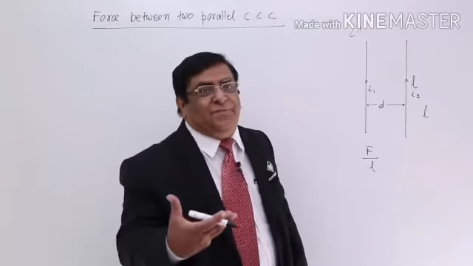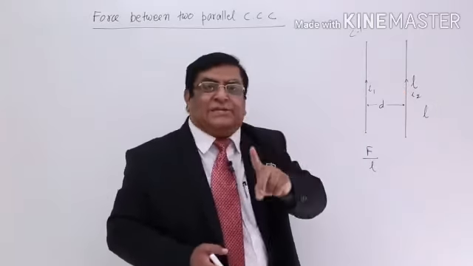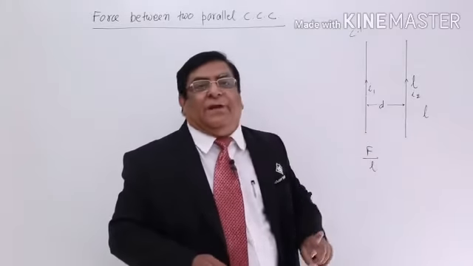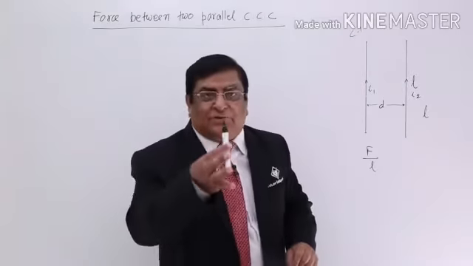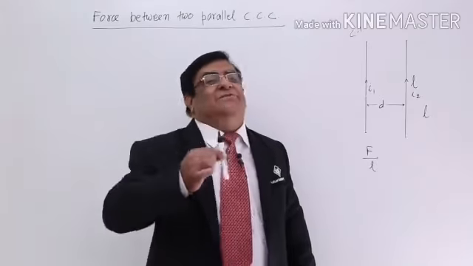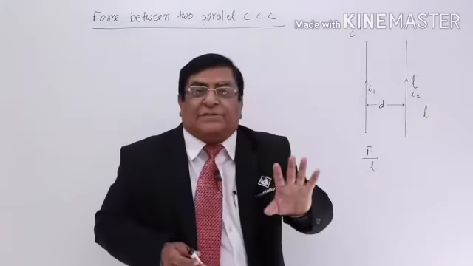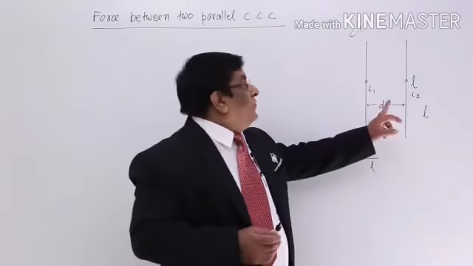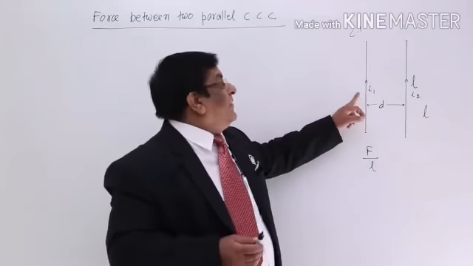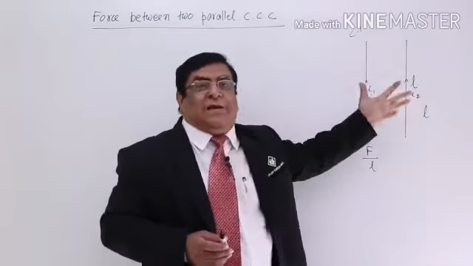Now, you can ask me whether this one is not creating a magnetic field. The answer is yes, it is creating a magnetic field, but that is its own current in its own magnetic field. At what location? That is along the axis, and we have done it that along the axis the force on the charges is 0. So this current, because of its own magnetic field, cannot experience force. It can experience force due to the magnetic field created by the other conductor, because for this conductor the magnetic field is outside and it is exposed to that magnetic field.